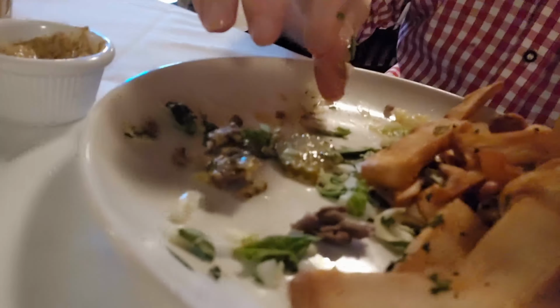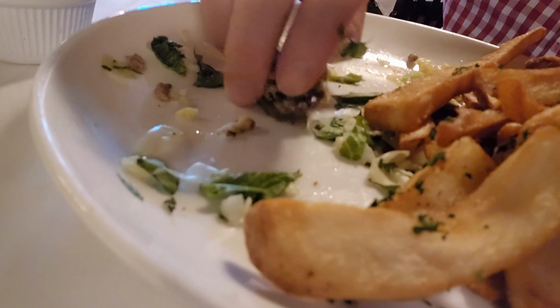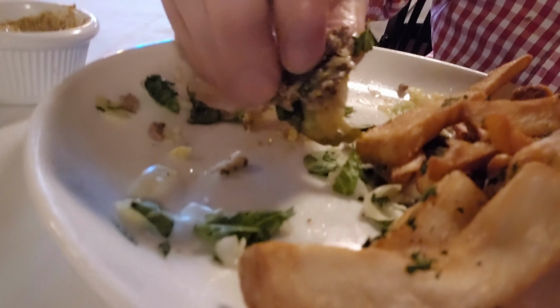So the beef is also very great quality. Everything is cooked perfectly. Each and every bite is just full of flavor and juicy, beefy goodness to the last bite there. And then instead of puny little French fries, we have these chips, which is more of a British style chip. And look at all the little